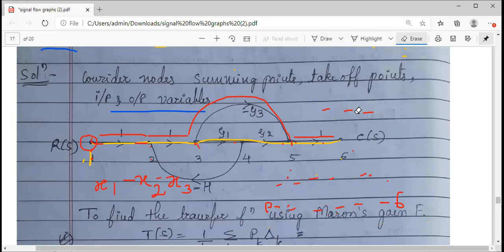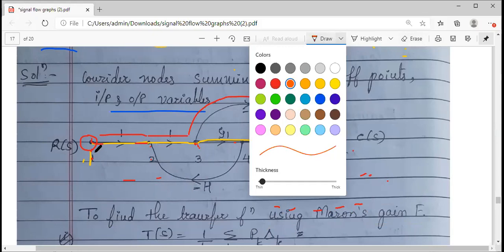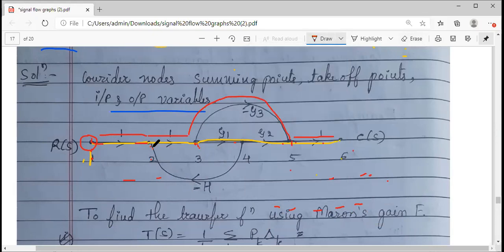In the figure I have marked one with the yellow line, the other one with the red line. So two forward paths I have drawn. Is there any other forward path available? Try. One more you can find. If you observe there, is it possible to have one more forward path? Start from 1 to 2, 2 again to 3, 4. This direction is reversed. This is a loop. So one more forward path is not possible. So only two forward paths.